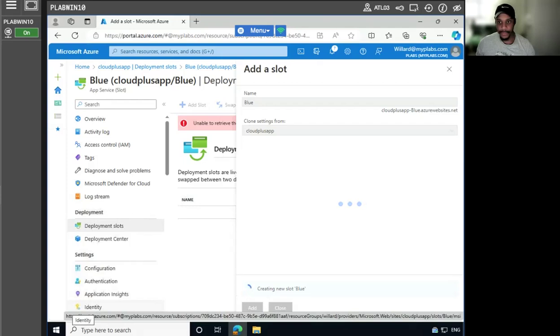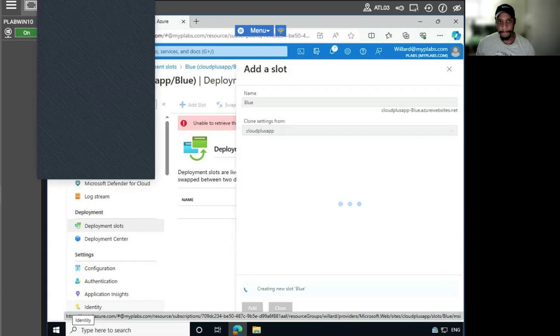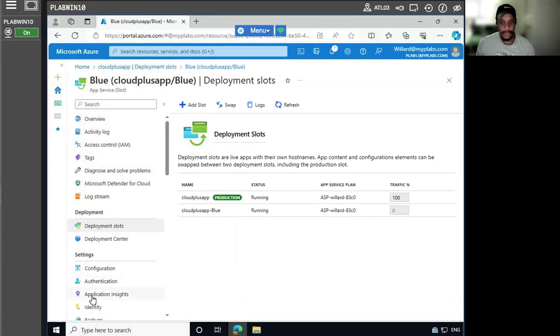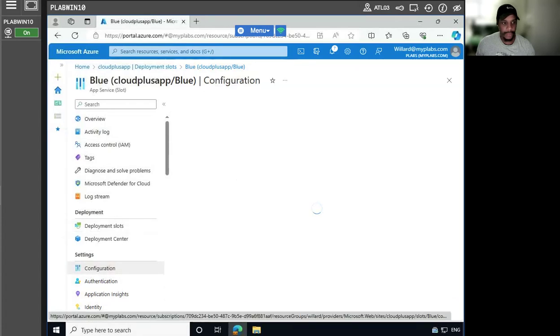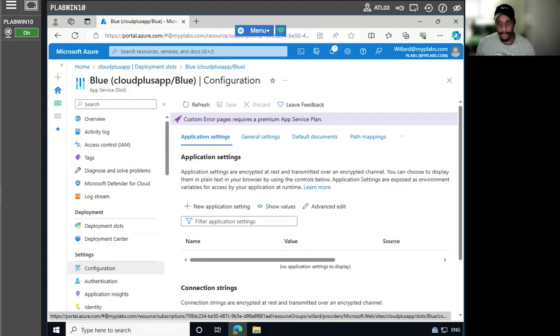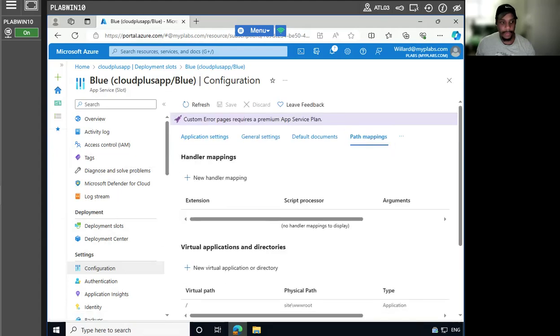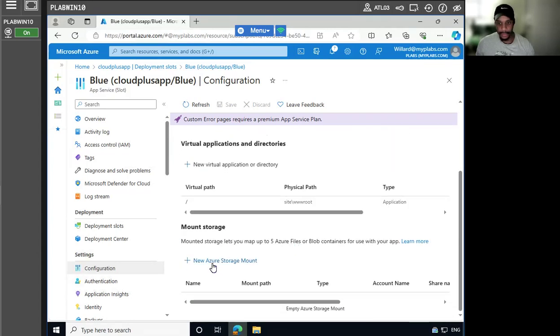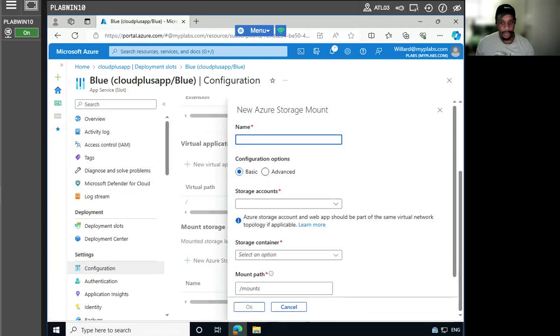Take just a moment. All right, so successfully created. So let's go ahead and close it. And let's take a look at our configuration. Take a look at our path mappings here. Take a look at our storage. I'm going to create another one. We want plus yeah,